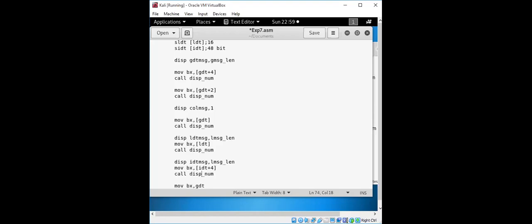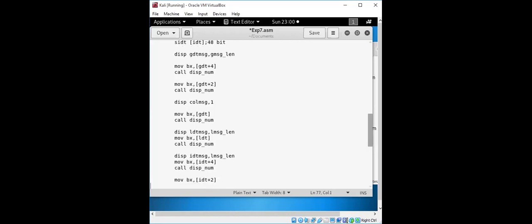IDT with a 4 bit, then IDT with the next bit, right? So it will follow the same form, all for the procedure.